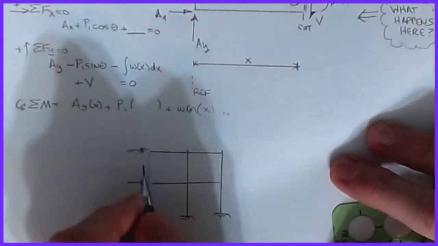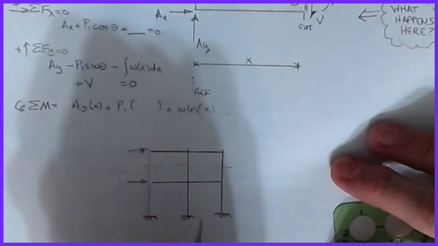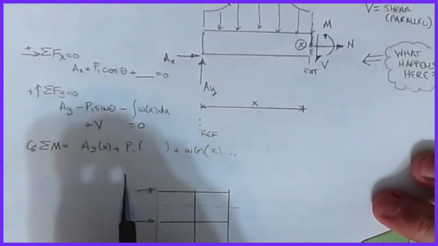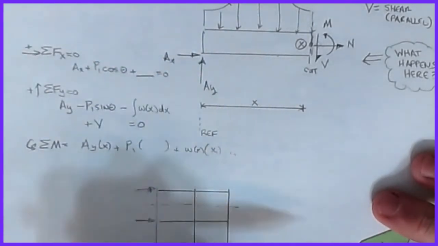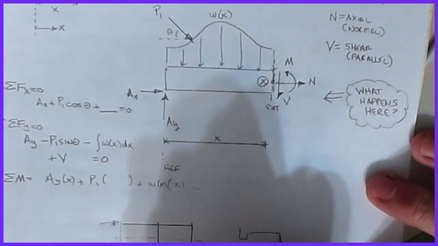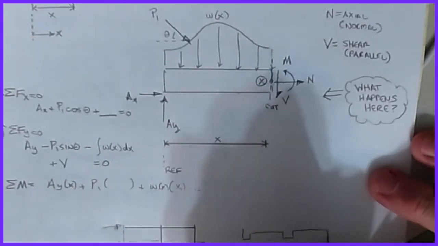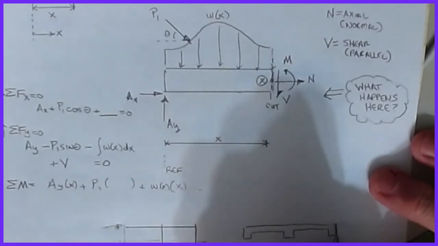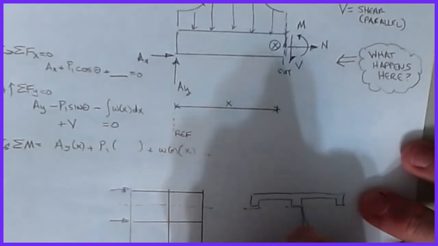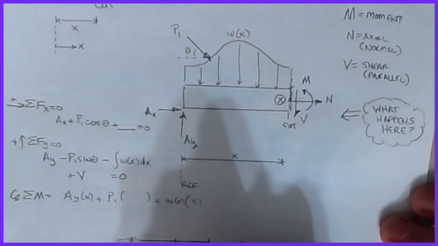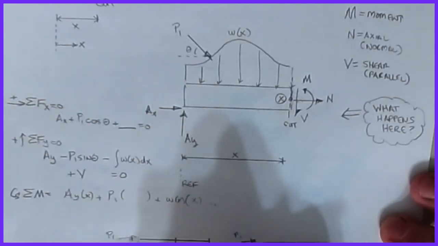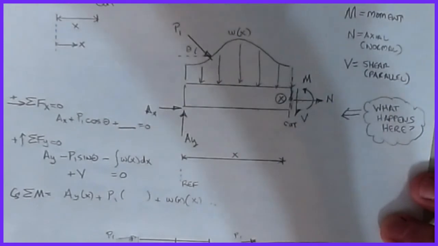I decide I want to know what's going on in the columns of this upper floor. What this means is that at every location that I cut, if it doesn't satisfy a rope or a cable or a two-force member or a frame and machine, whenever I cut it, maybe that's the cut of the upper piece that we're looking at. At every location, this was a cut in order to pull that piece off. Now, I do pick up this point load. Let's call that P1. But at every location,